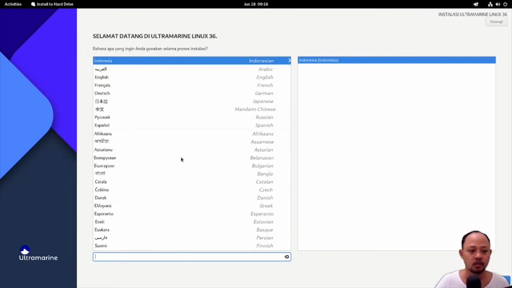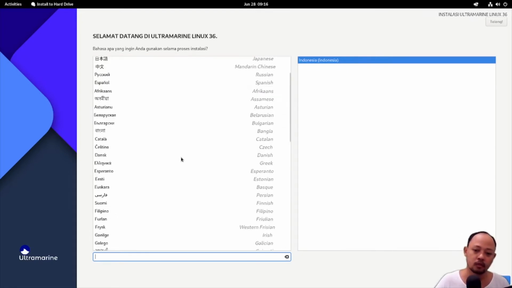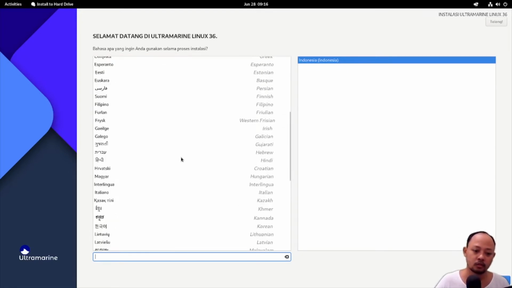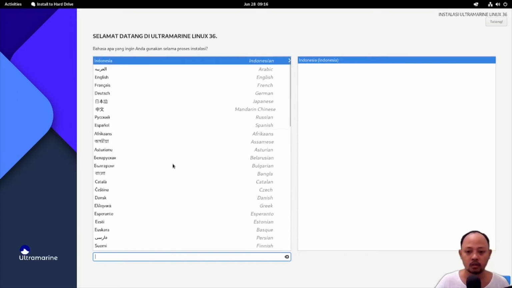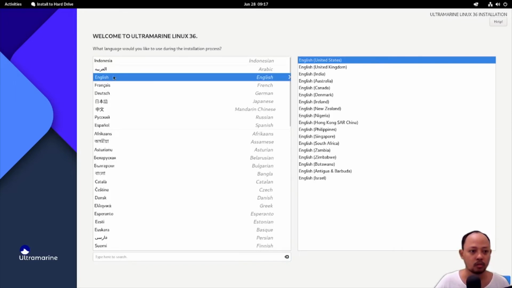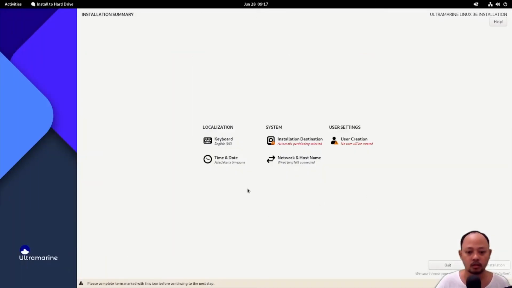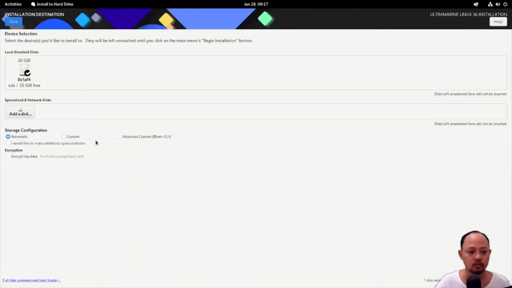As we can see here, I think there is just a little difference between the Fedora install page and this Ultramarine install page. Okay, I will select English and then I will choose custom.